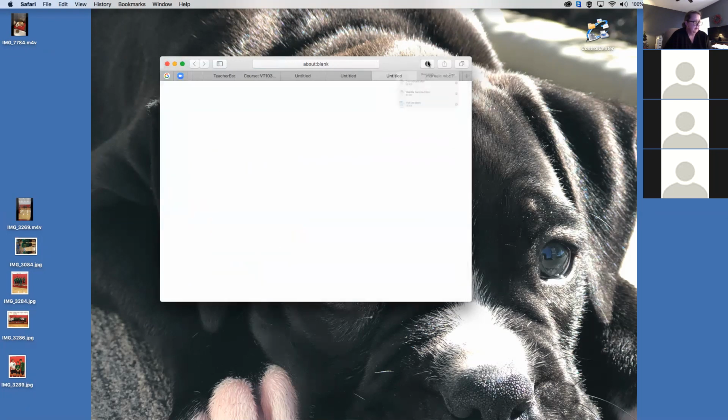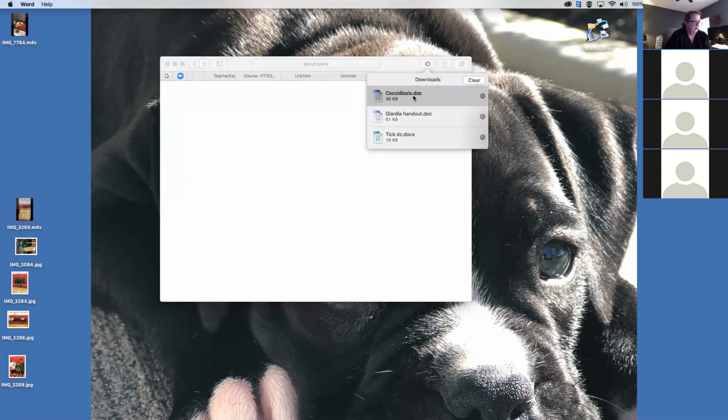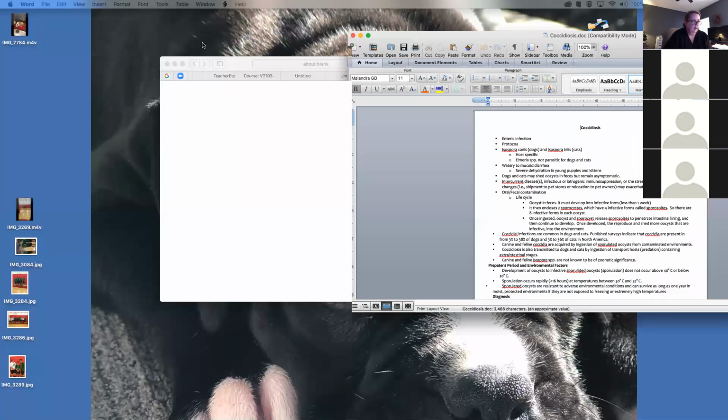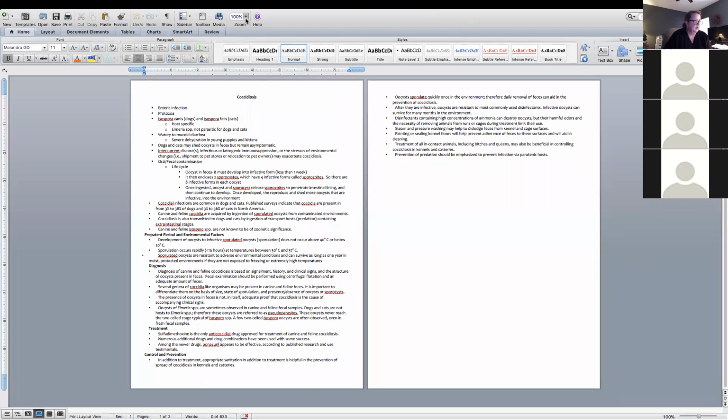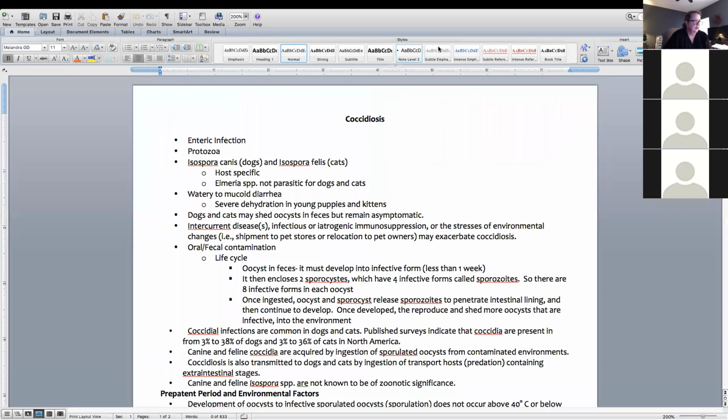Coccidia, similar to Giardia, we're looking for a little protozoal cyst. Now this one tends to be the difference. Coccidia are a little bit smaller, and it does affect the intestine. It is Isospora in canis and felis, and it does produce a watery mucus diarrhea. So Giardia diarrhea and Coccidia diarrhea can look very similar, although Coccidia are most often going to be seen in the